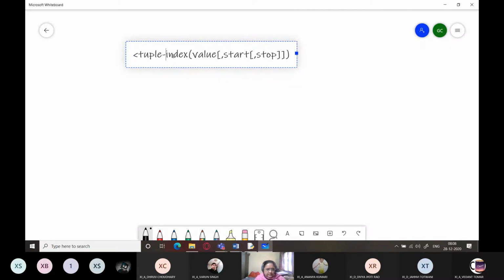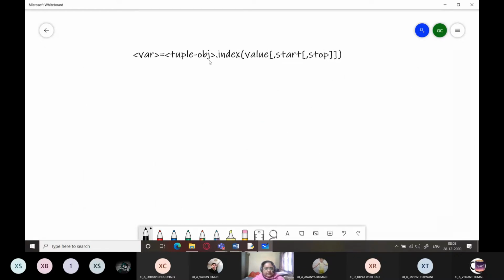So tuple object dot index, and this index value can be returned in a variable also. So this is the syntax of the index function. And please let me just explain this part.